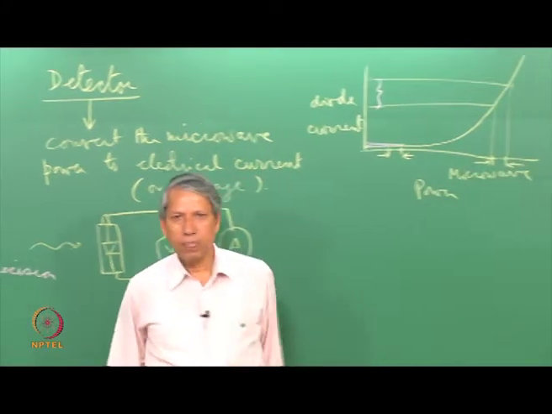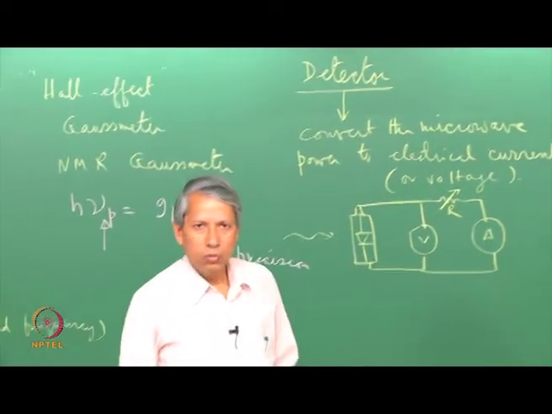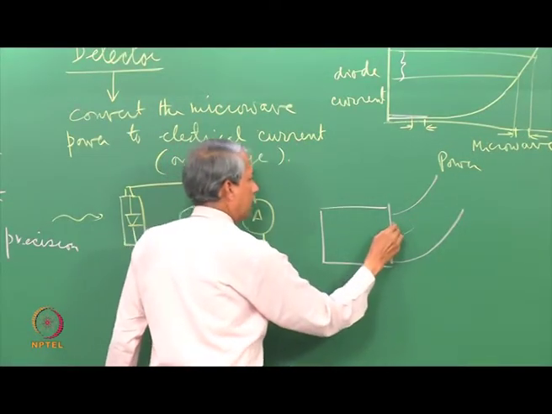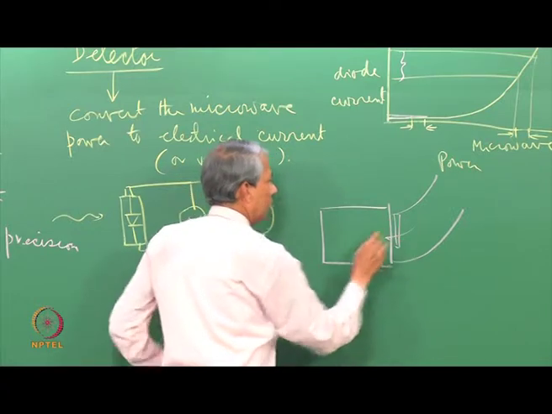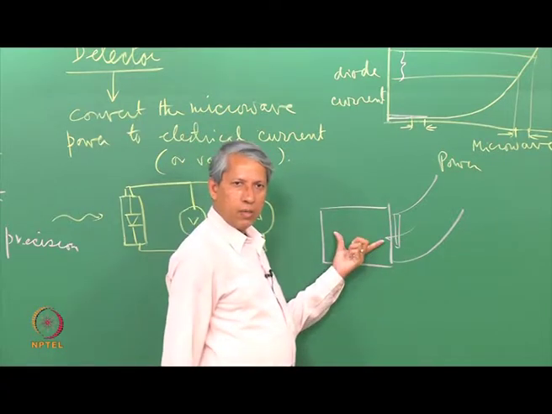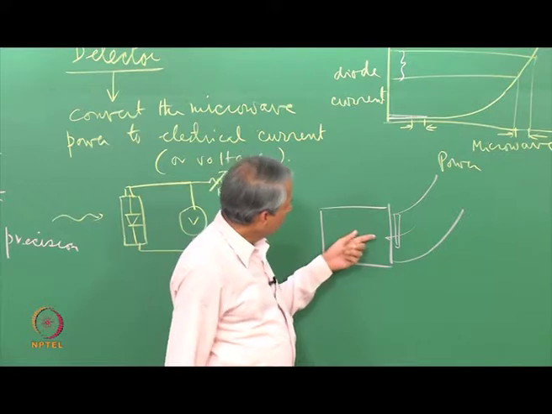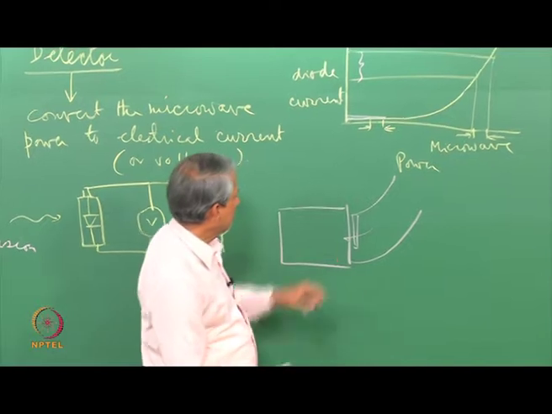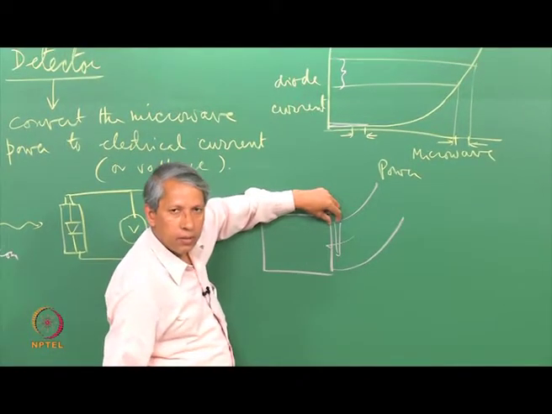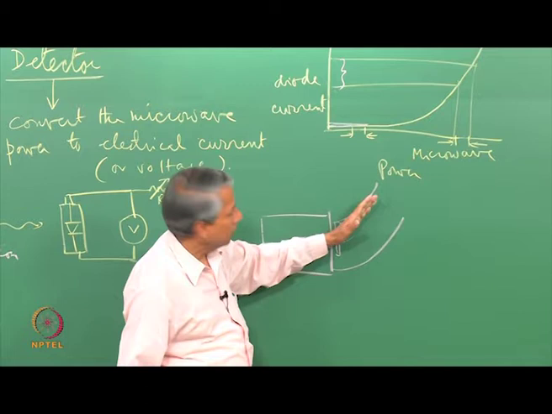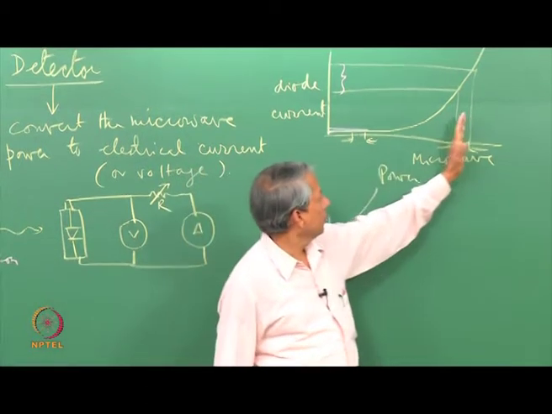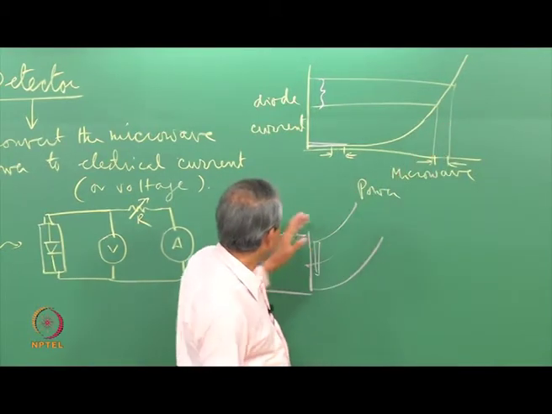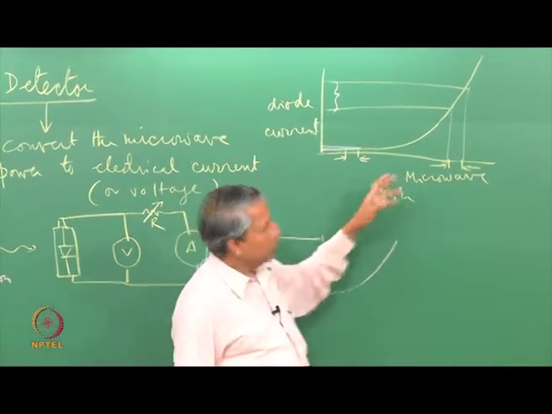Now this can be done two ways. Microwave power enters here, and using this iris tuning arrangement here, I match it very well, and I said ideally the matching should be such that no power gets reflected from here. Instead of that, suppose I sacrifice some amount of sensitivity and mismatch it deliberately, let microwave power get out of this and we bring this operating condition somewhere here. That is the way one can do, and then EPR spectrum will be adding more to the reflection, and that will be the EPR signal.